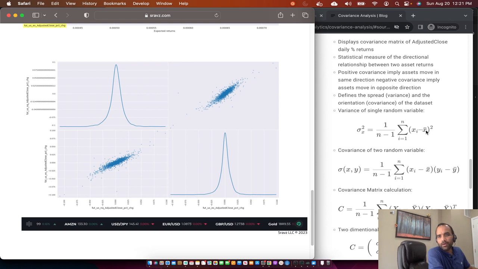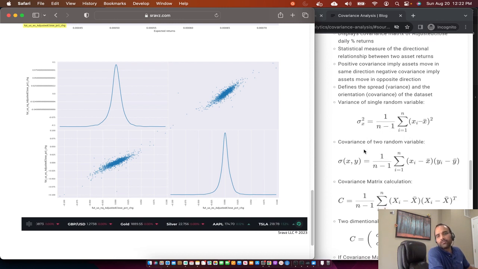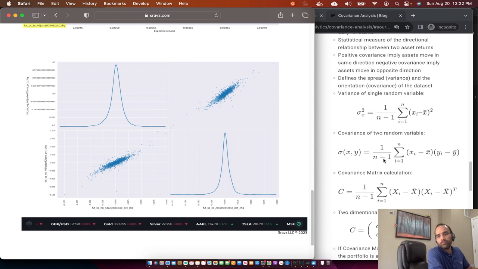xi minus x bar. X bar is the average, and then we divide by n minus 1 to create an unbiased variance. Ideally this should be n, but we do n minus 1 to create an unbiased variance calculation. Then covariance of two random variables is given by this formula: xi minus x bar, yi minus